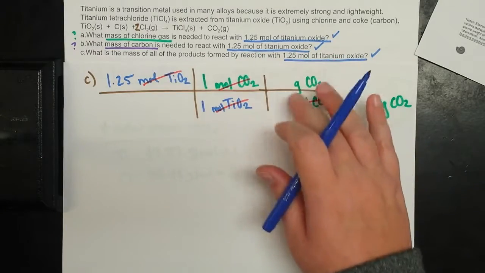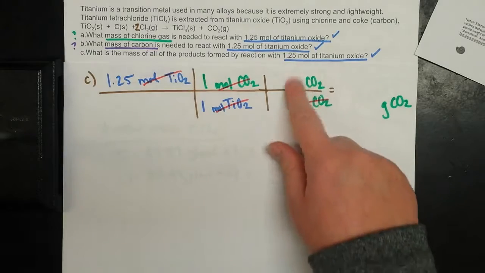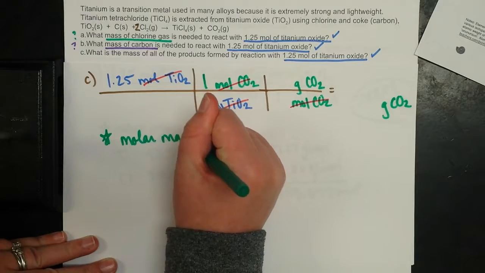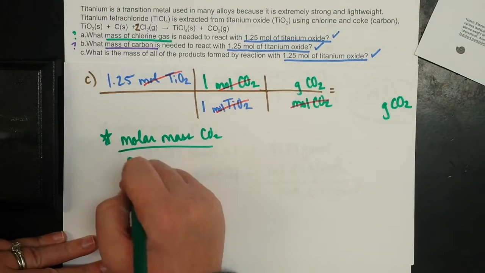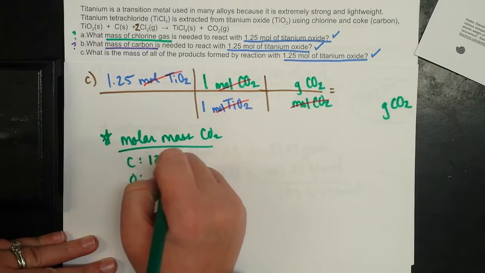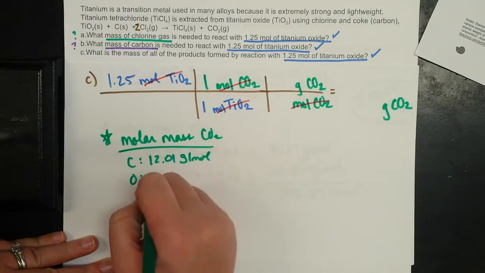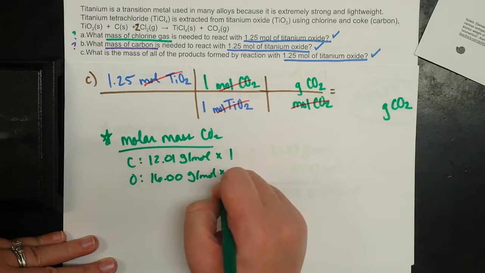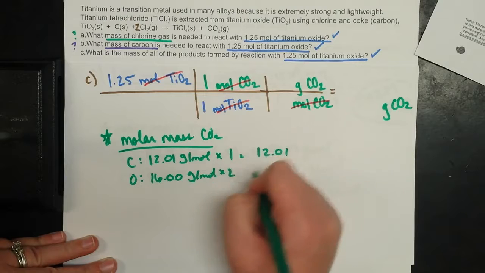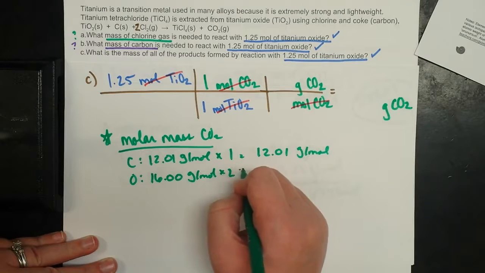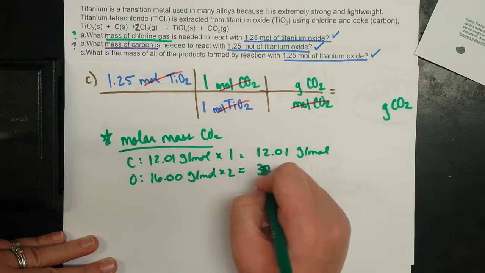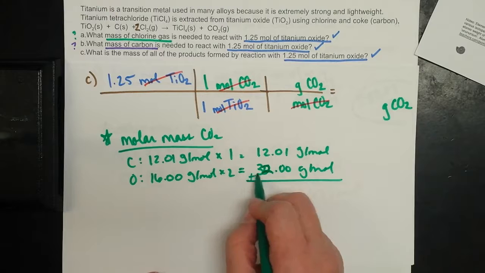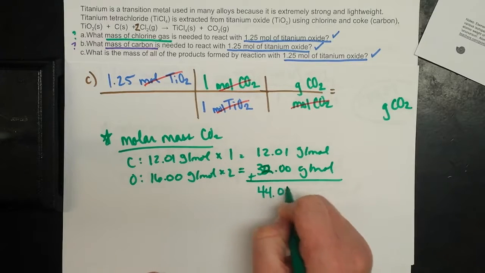And now I need to figure out what's going to get me between moles and mass. So that's going to be the molar mass of carbon dioxide. Okay, so I've got carbon and oxygen. Carbon is 12.01 grams per mole. Oxygen is 16 grams per mole. Got 1 carbon and 2 oxygens here, so 32 grams per mole. If you add those together to find the molar mass of the compound, you get 44.01